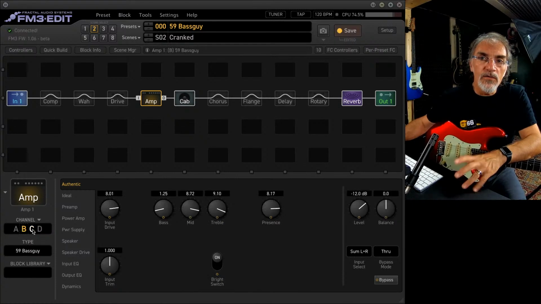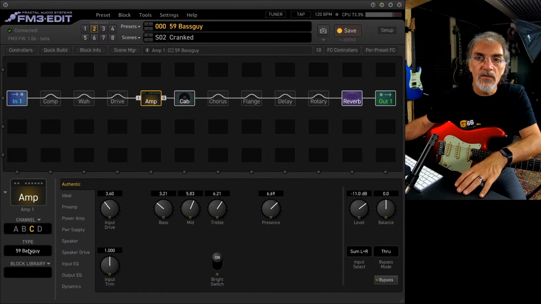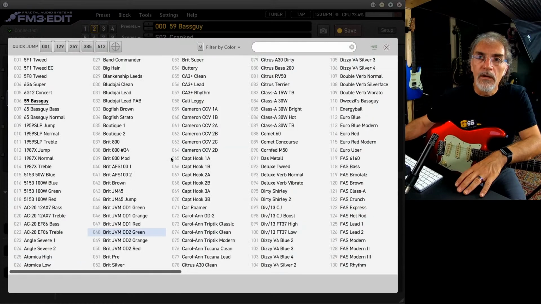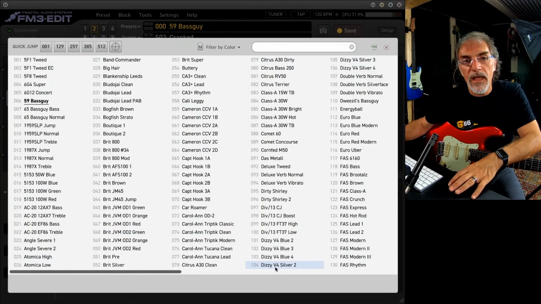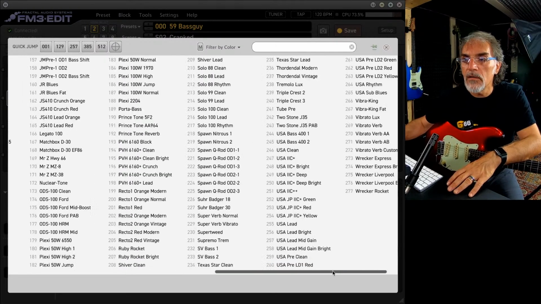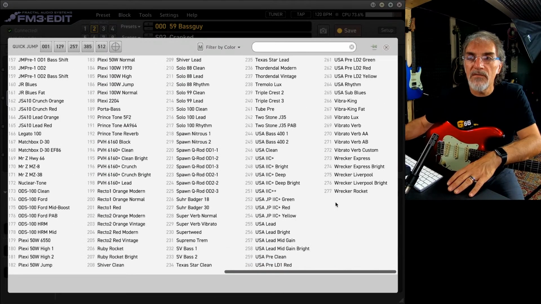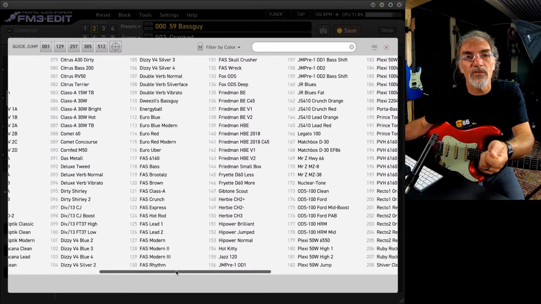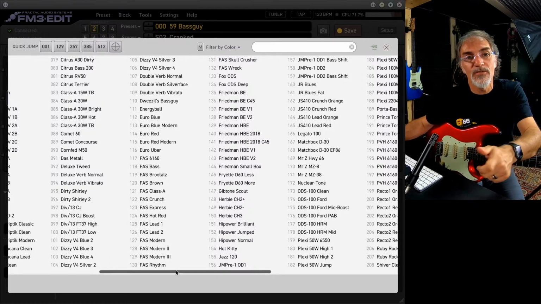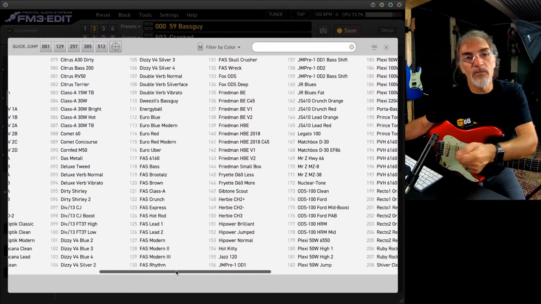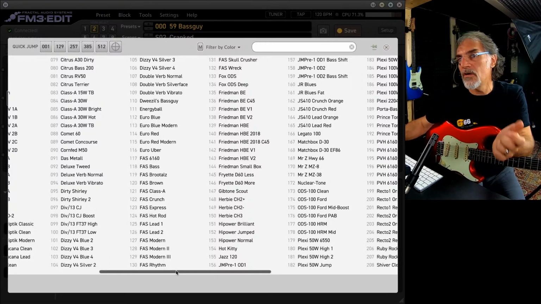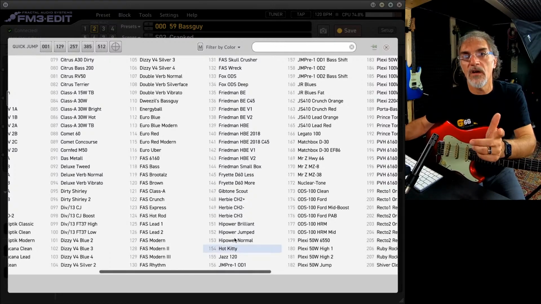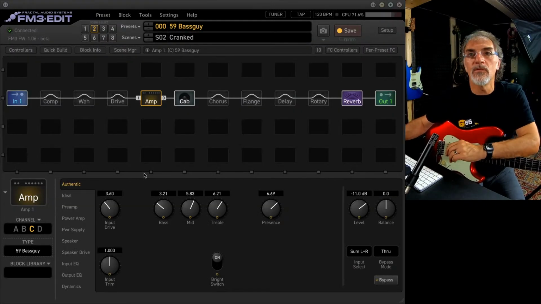But I can also change the amplifier. If I click on the type, there is a list of all available amps. We have 277 available amps, and you can select a different amp. It's like the channel of your amp, where you can select not only clean, crunch, and lead, but also, for example, a Fender Twin or Marshall JCM 800 or Mesa Boogie Rectifier and so on. And this is the most powerful feature of Fractal systems.